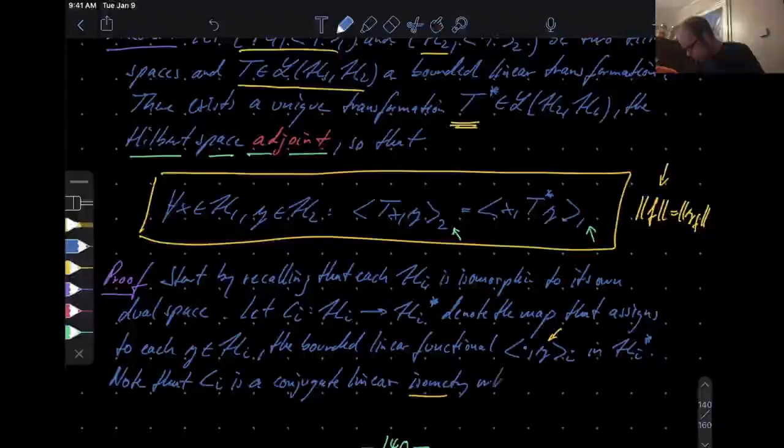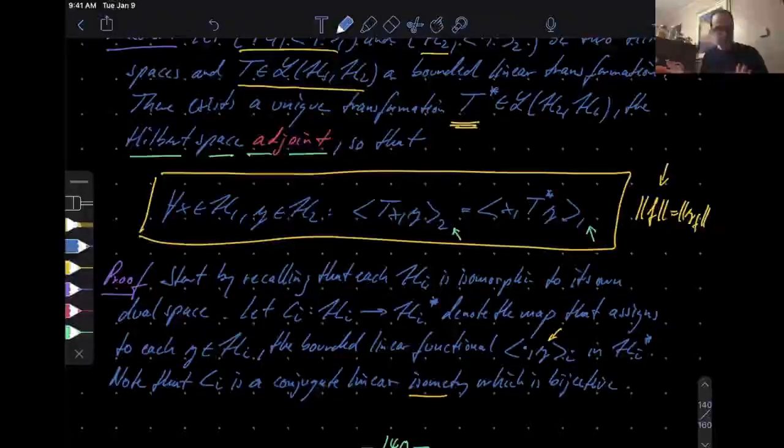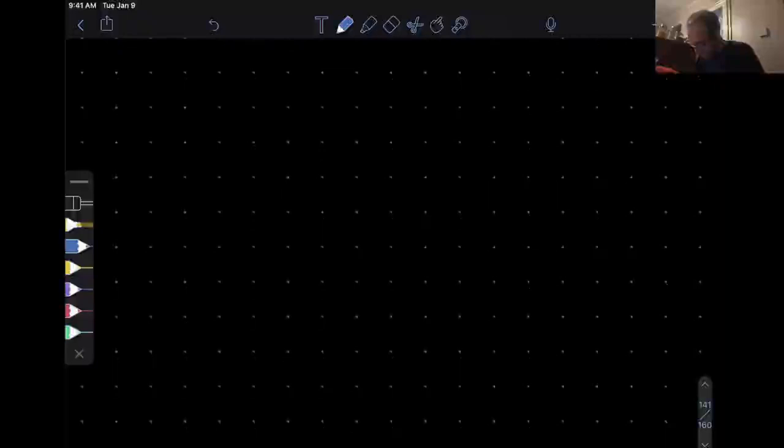Well, it is bijective, right? So for each linear functional there is a unique y sub f, such that you can represent the functional in the fashion written there. Okay, so this line here is all written down in the Riesz representation theorem, which was proven in chapter 2. All right, so having this now, define